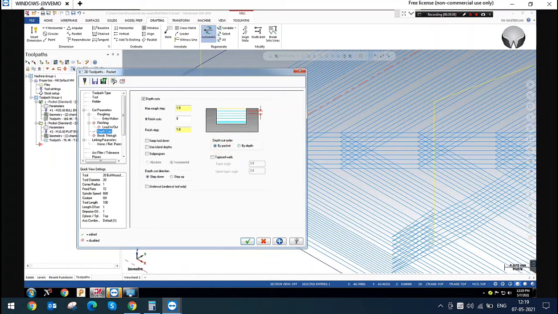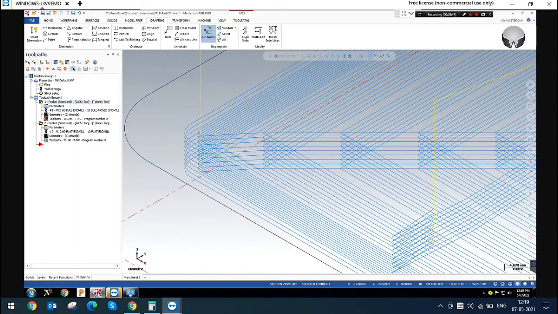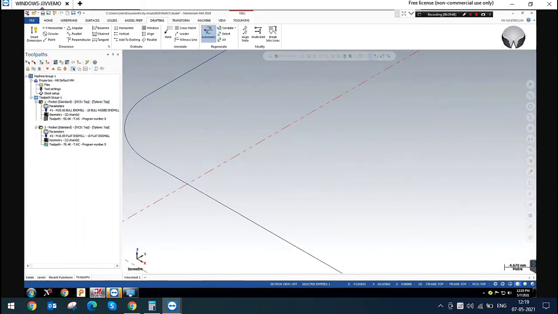If you have one or more pockets, you can give by pocket. It will go through the entire pocket and then go to another pocket. If you give depth, it will go every depth for the entire pocket, then the other pockets. That is the same option. So this is pocket machining.